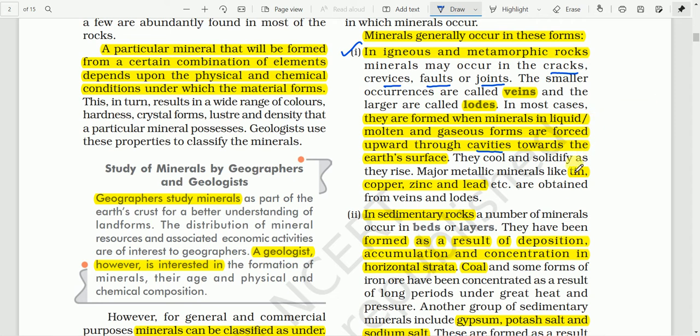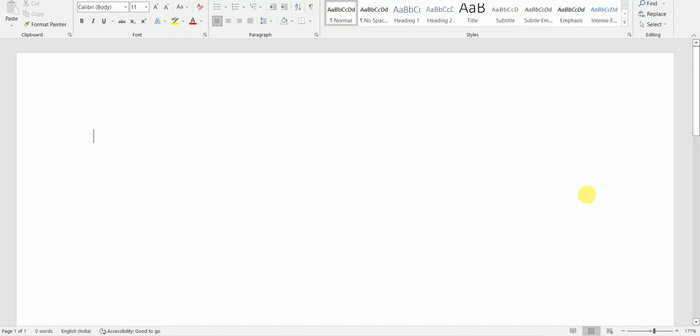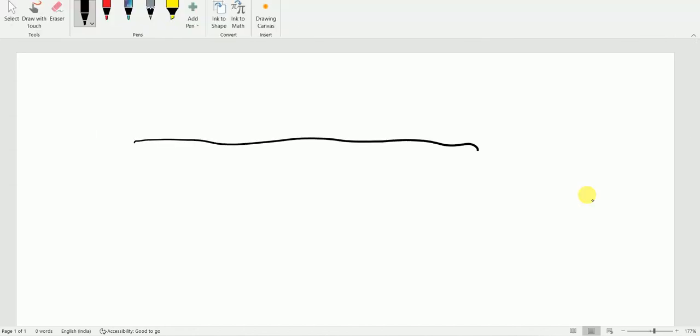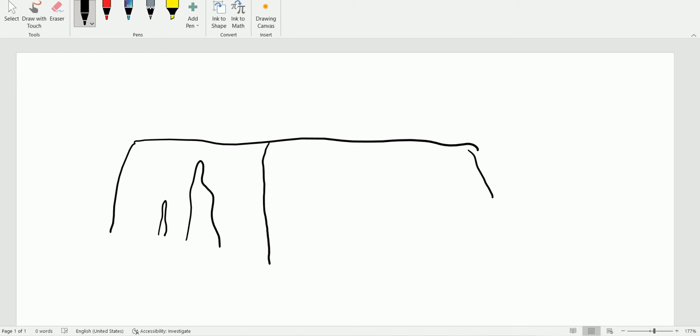All of you are familiar with the types of the rocks. We have three main types of rocks. Those are igneous, sedimentary and metamorphic rocks. And in the igneous and metamorphic rocks, minerals occur in the cracks, crevices. Here, for example, this is the rock, and here inside the rock you may find cracks. The bigger one is known as crevices, okay, and the smaller one, it is actually a joint. This is called joint. So joint is a weak line, okay, is a weak line on which the rock may